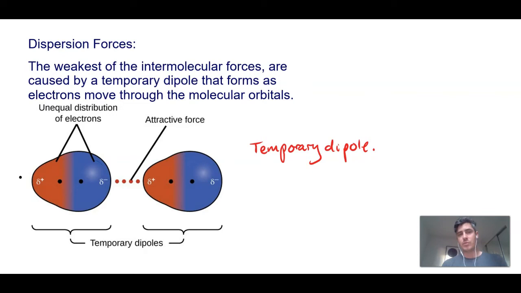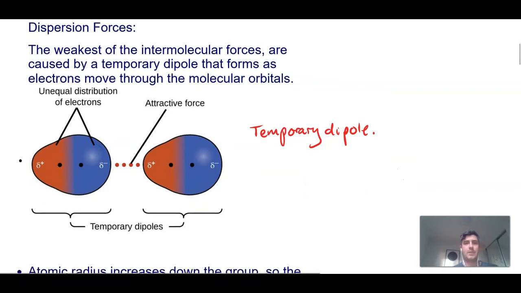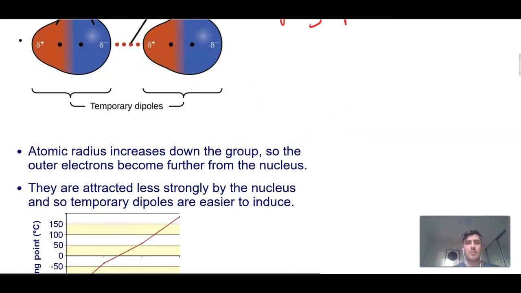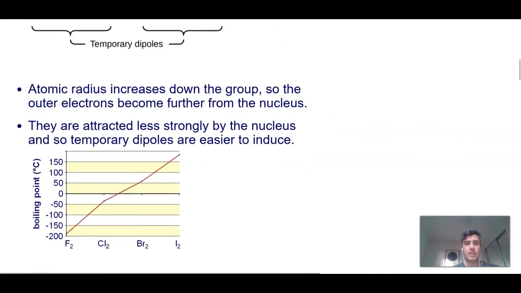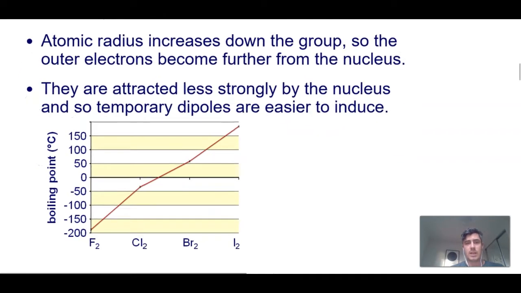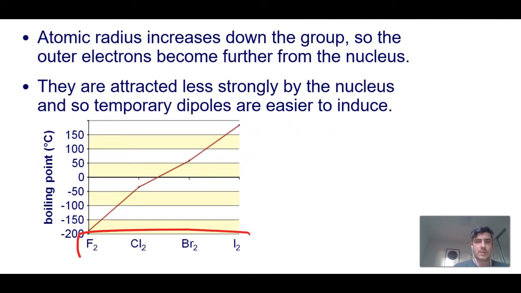Now, substances which rely on dispersion forces to hold them together are things like the gases in the air. So things like N2, O2, Cl2. And so they're easily gases at room temperature because the dispersion forces are so weak, they're unable to hold those molecules together. If we look at the trends in these forces, we can look at the halogens, group 17, where